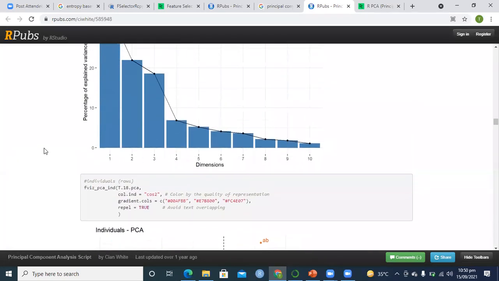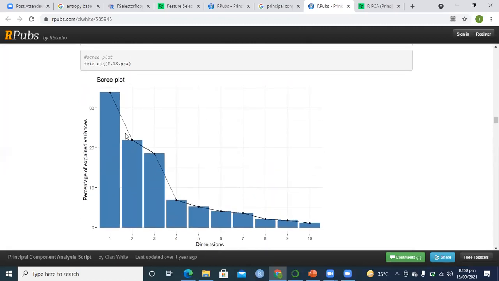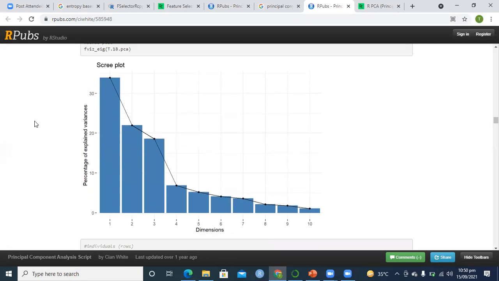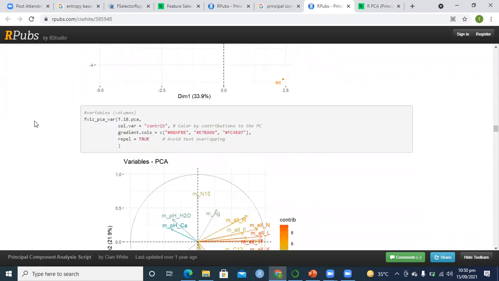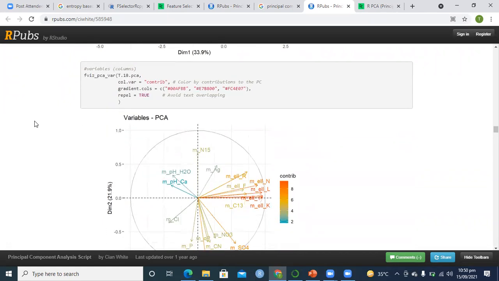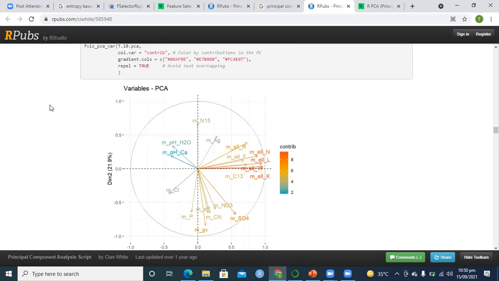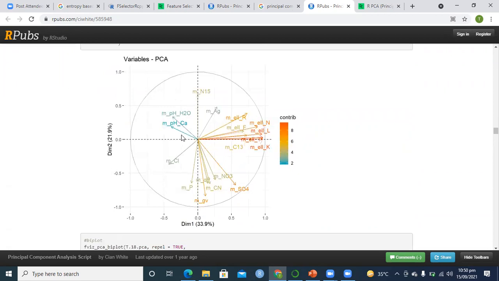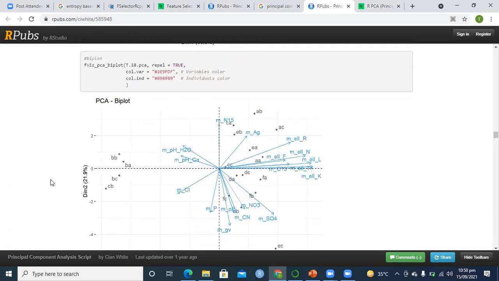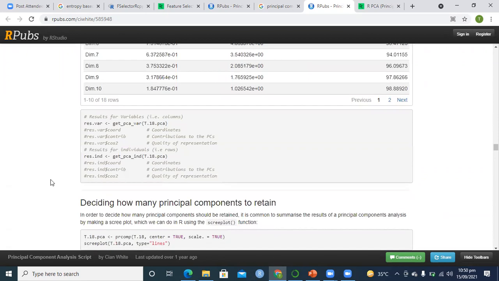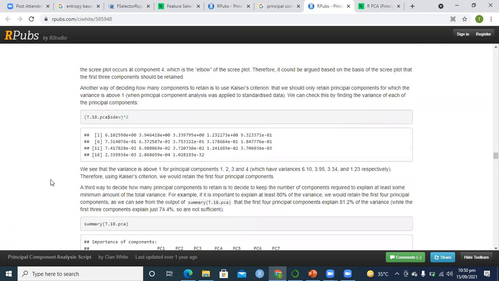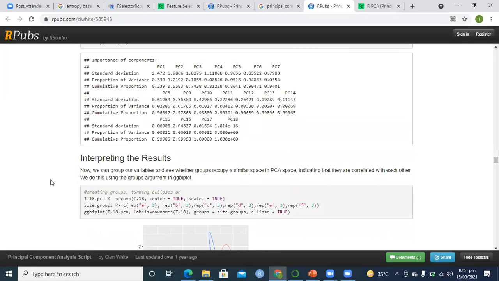Oh yes, the scree diagram that I was showing in R, you can have it with the fviz_eig command as well, but it might give you an error when you try to install it. So you have to try again and again. And this is fviz_pca_var. The factoextra package will give you an error. You have to try to install it. The red ones are the most important, and the green ones are the least important. So you see there are many different types of plots and analyses. We have just studied the core of it. We have not studied everything.